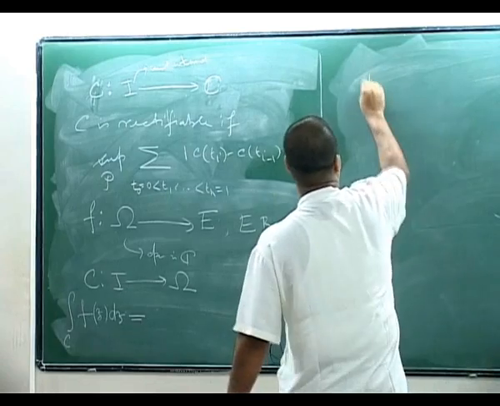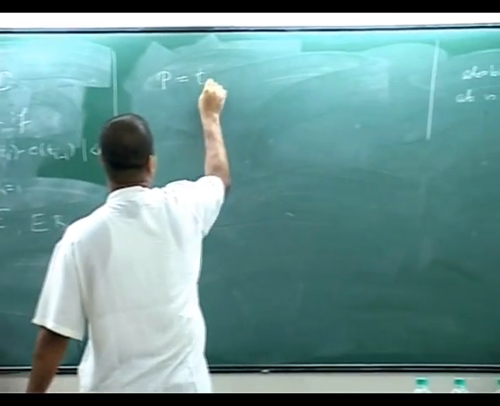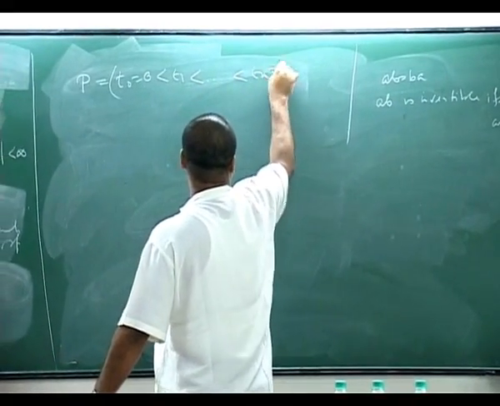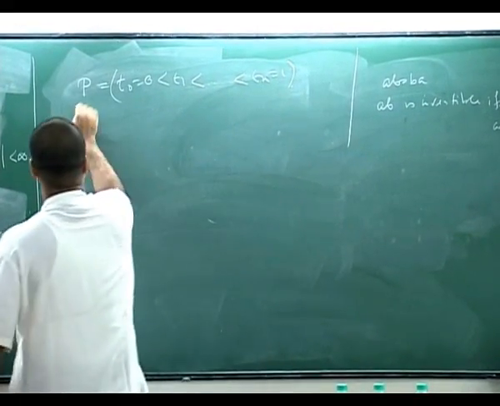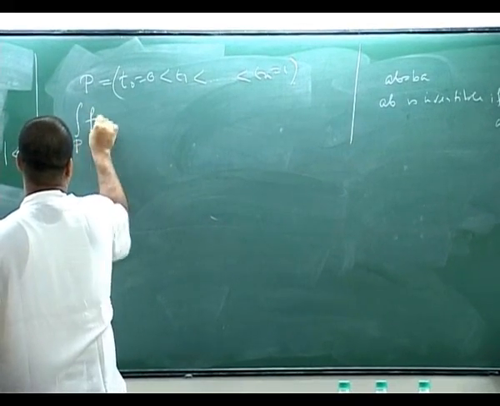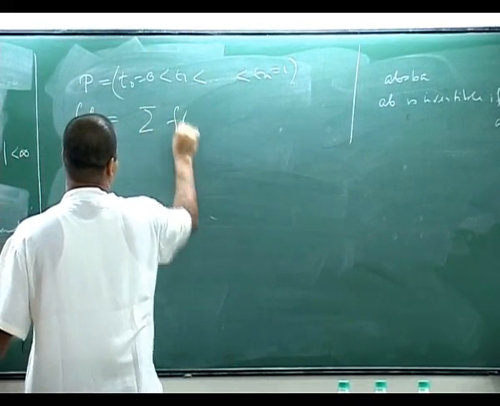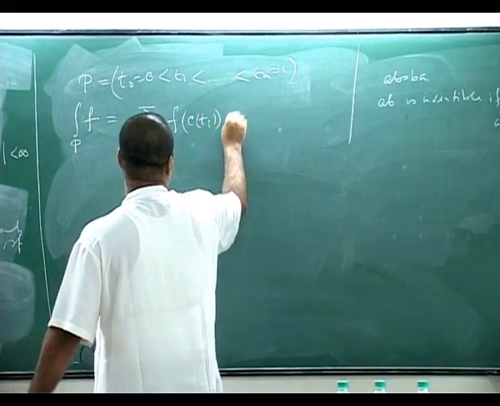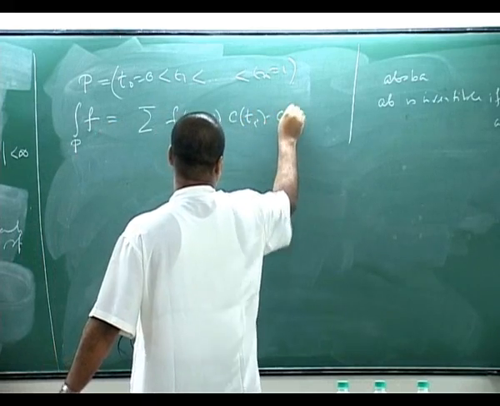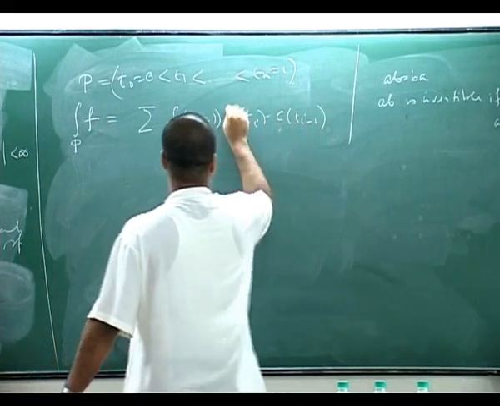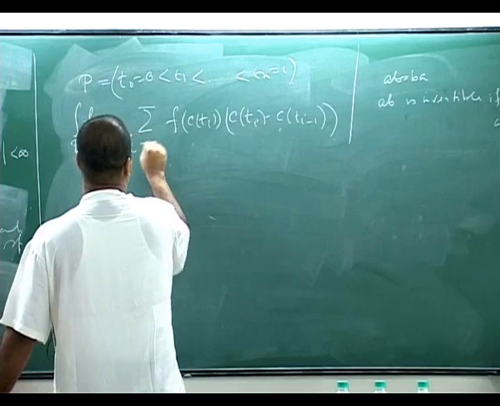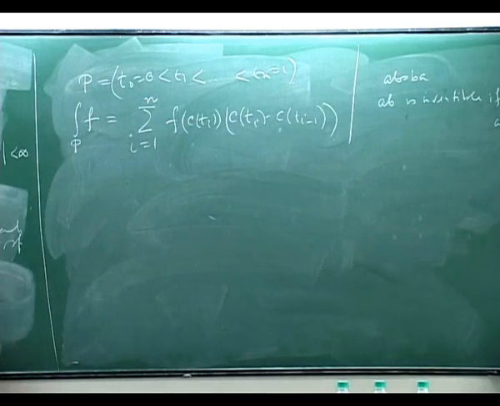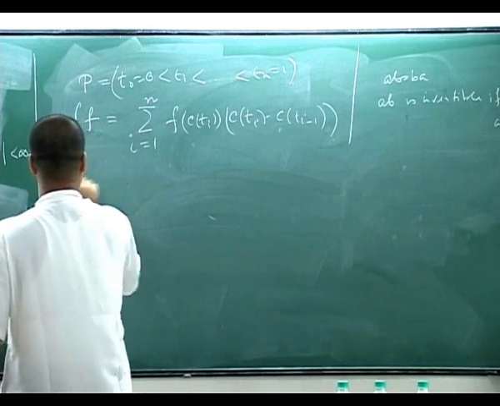Given a partition P, I consider this quantity P_f, that is summation f of C(t_i) times the increments, and so this defines a net,